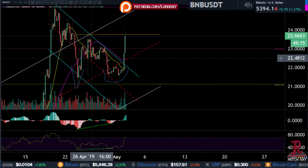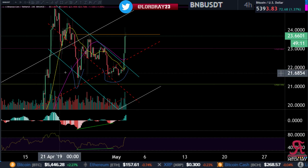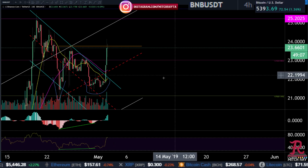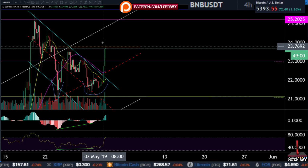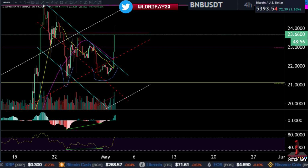So you can have Adam and Adam double bottoms. You can have Eve and Eve double bottoms, Adam and Eve, Eve and Adam, whatever. But this is just your standard textbook Adam and Eve, very common. But it is a potential double bottom until we break that neckline, okay? And we have not done that. We tried and had a lot of rejection up there. So if we did break it, a measure move,